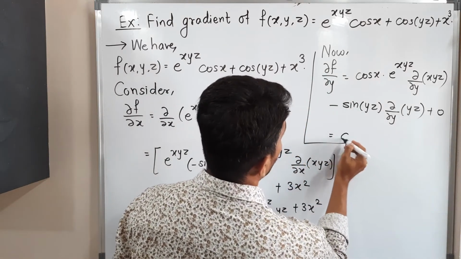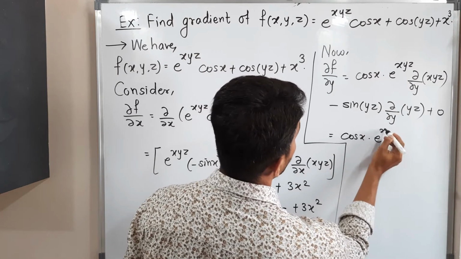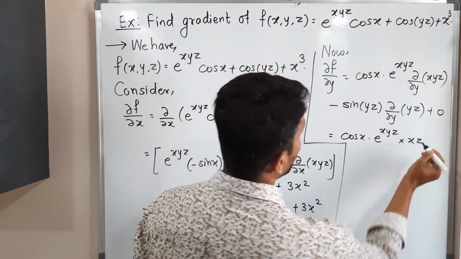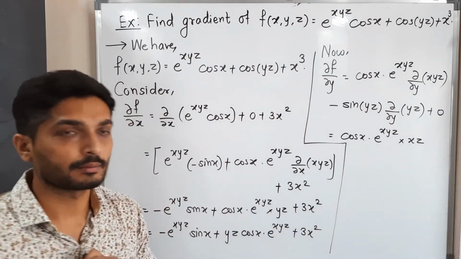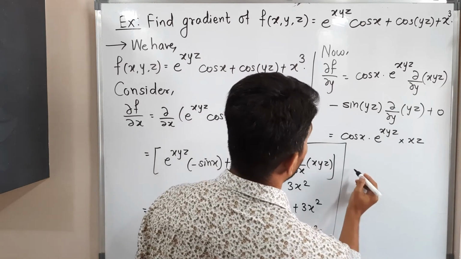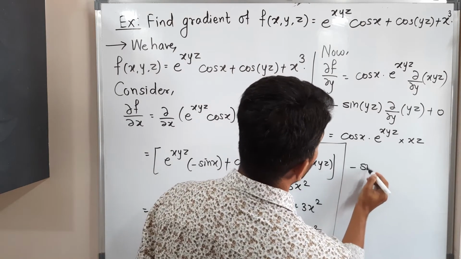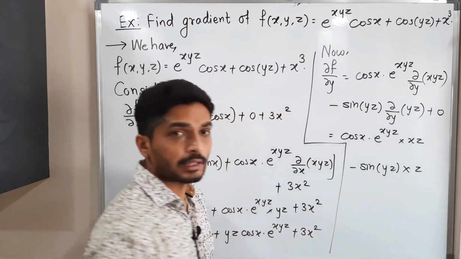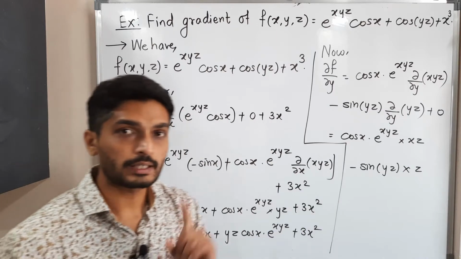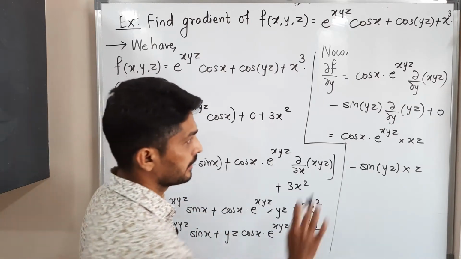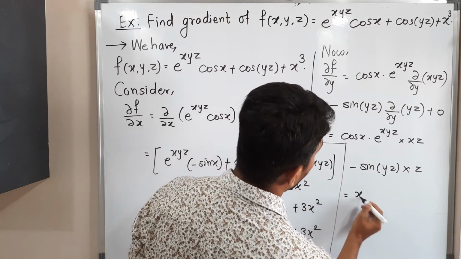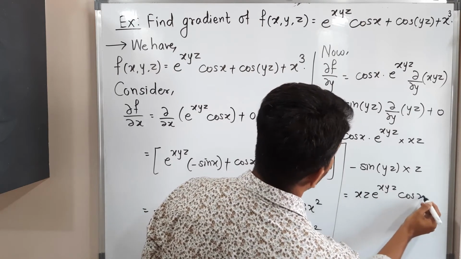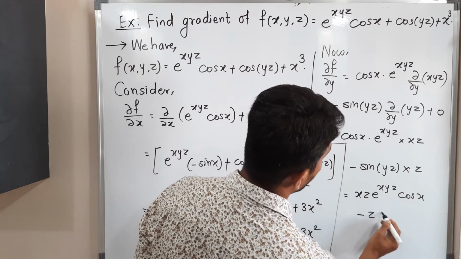So this is equal to cos x into e raised to xyz. Here x and z will come outside and the derivative of y is 1, so 1 into xz, we will have xz. Then this is minus sin yz into, what will happen here? z will come outside and the derivative of y is 1, so z into 1 is z. Yes, this one only. So I will write properly: xz e raised to xyz cos x minus z sin